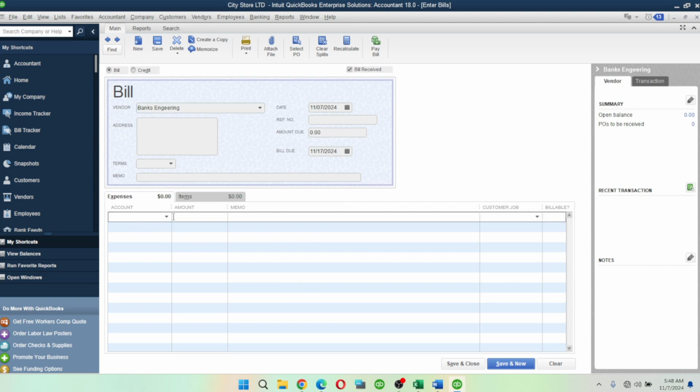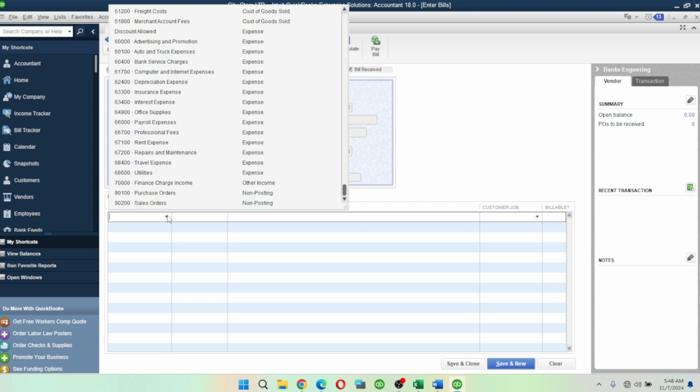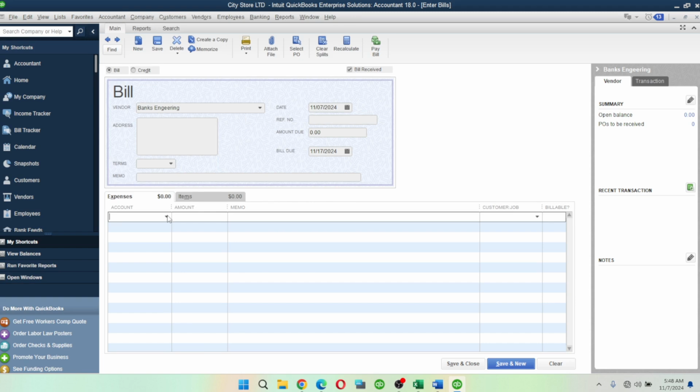So we want to track that payment because we are not paying immediately. It's not within your luxury as an accountant to make the payment until it is approved. But you have to track that transaction. So Banks has given you his bill. He has told you, okay, this is my payment, this is how much you're going to pay me. So what you will do